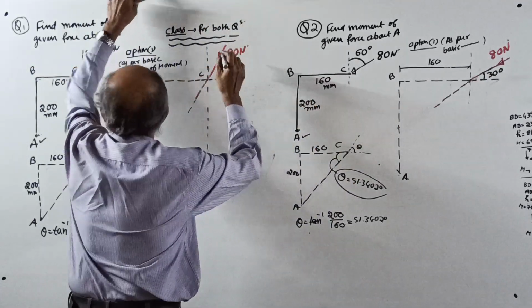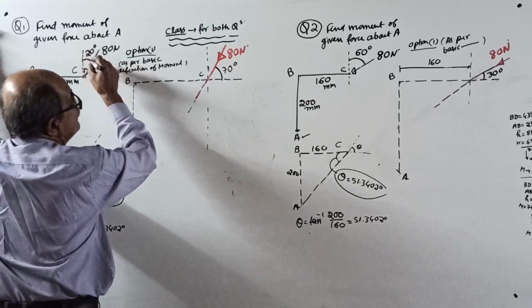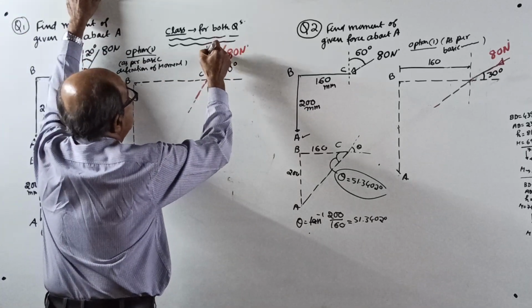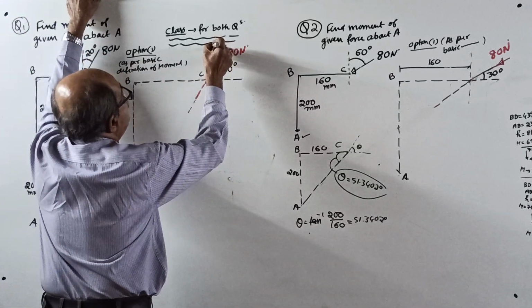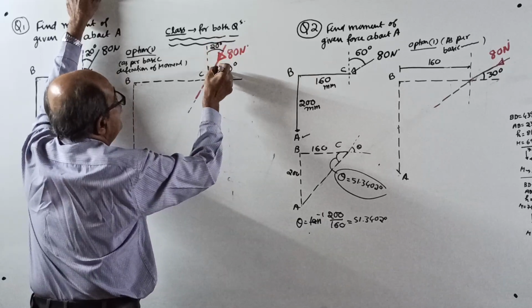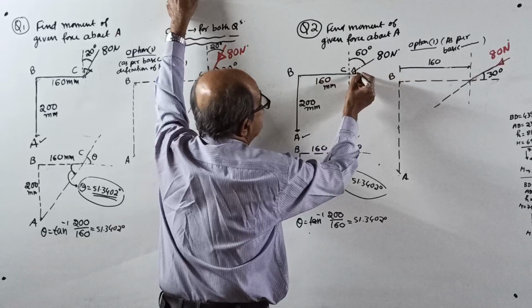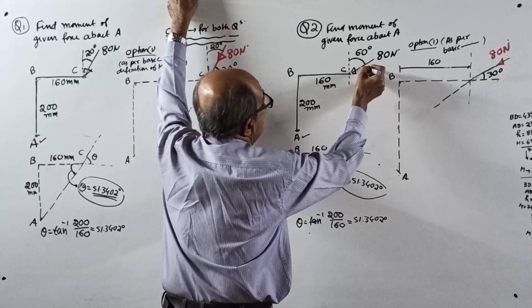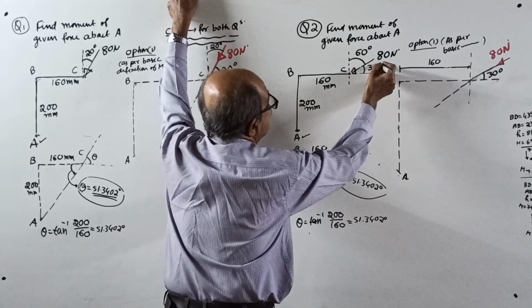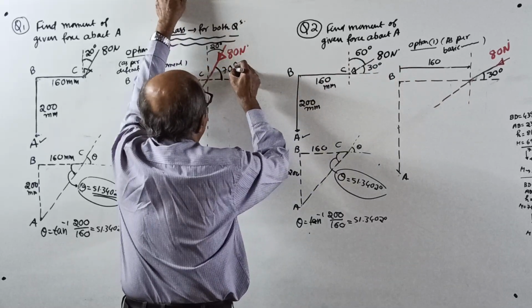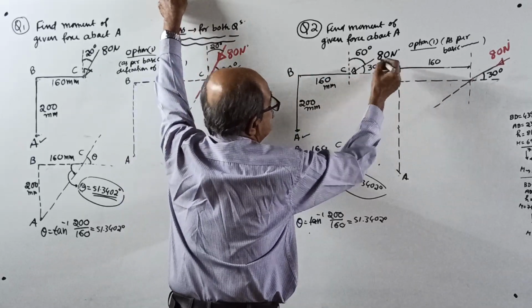Now, here, they told this angle is 20 degrees. If that is 20 degrees, this angle is 70 degrees. Here, they told this angle is 60 degrees. If that is 60 degrees, this angle is 30 degrees. Remember,